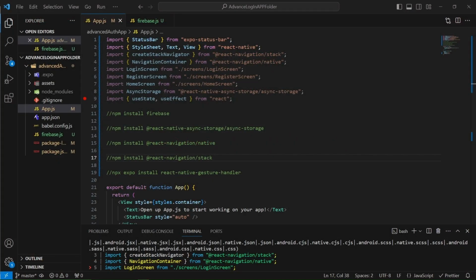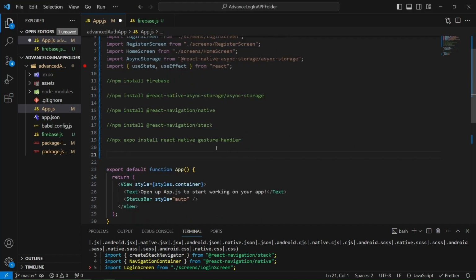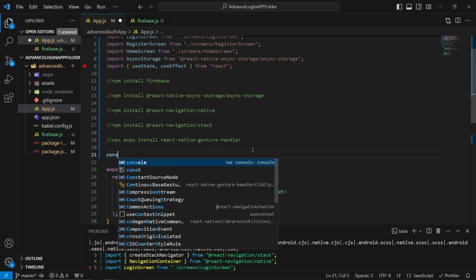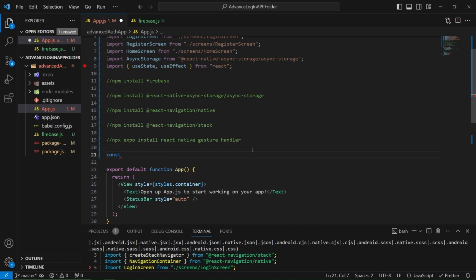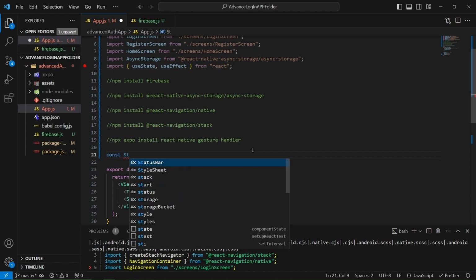All right, let's go ahead and get started. So first thing we're going to do, right underneath our little comments we made earlier, we're going to be adding just a specific constant right here. So let's go ahead and add this constant. This is going to be for our stack that we're going to be using for all the navigation. So we're going to do stack, capital S,